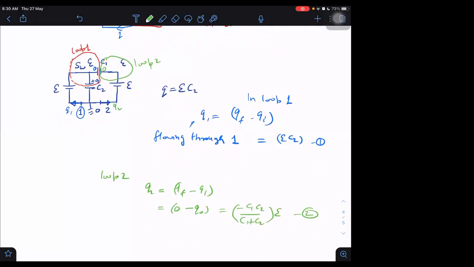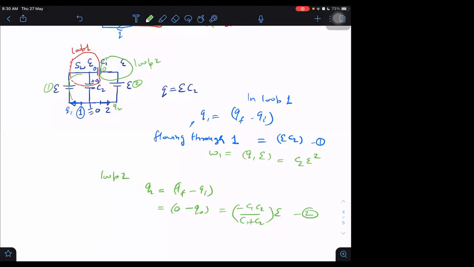Understood. Yes, sir, understood. Now the question is, what is the work done by the first battery, and what is the work done by the second battery? Determine this. Once we know the charge flown through the branch, then we can determine the work done by the battery. First battery: work done by battery W1 is equal to Q1 into E, which is equal to C2 into E square, right or not?